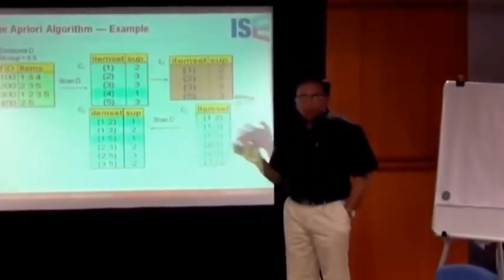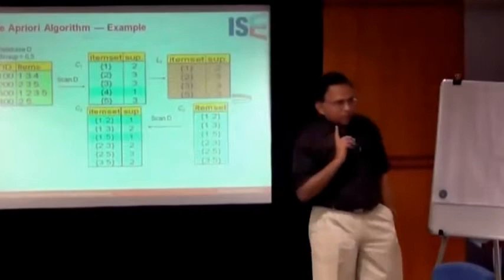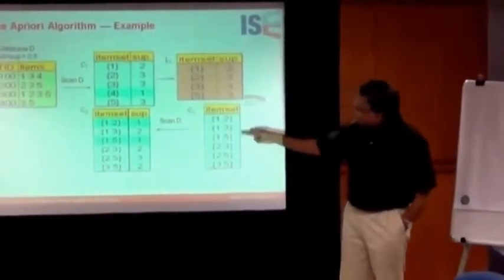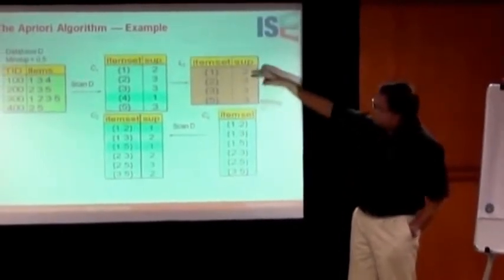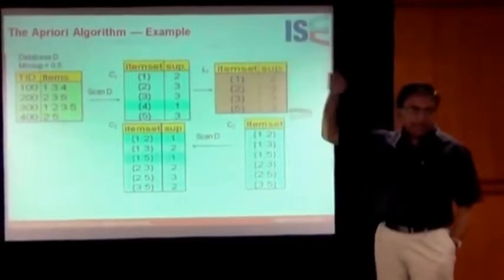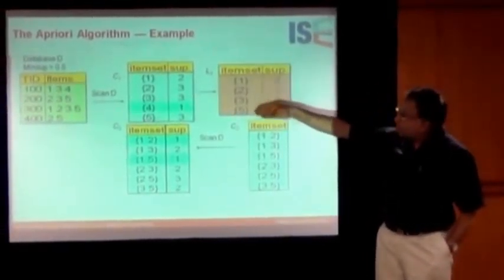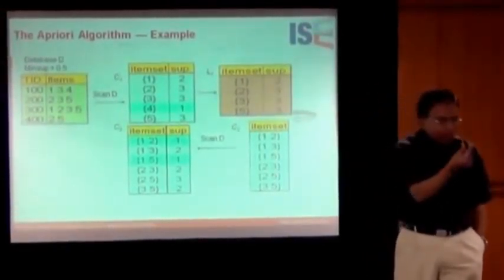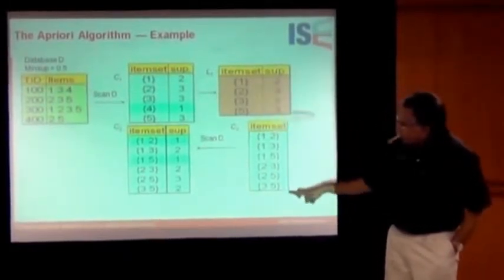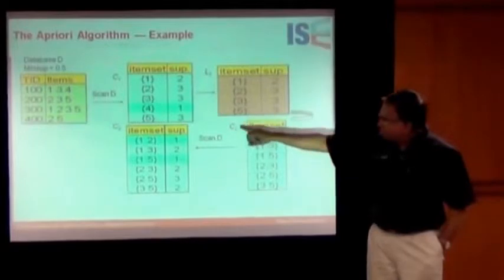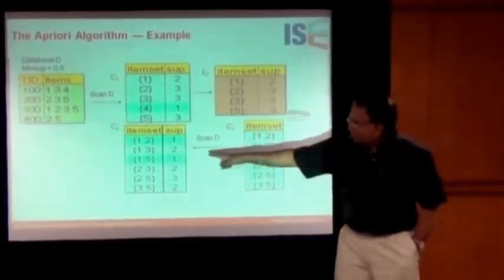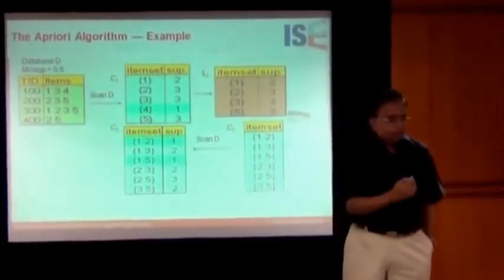So up to this point, we are on the same page. You remember how we got these? Basically, combinations of this L1. At level 1, frequent item sets, meaning length 1, we got the frequent item sets, and all combinations of these are potential candidates here. C is for candidate.